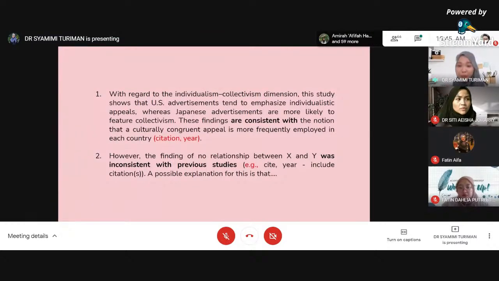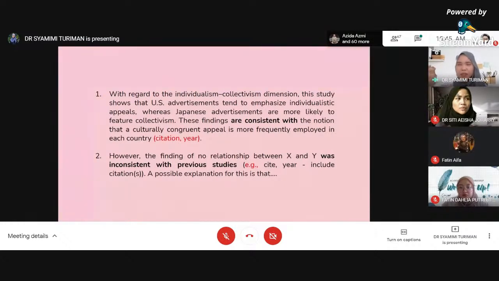And then you can put an example. For example, bring back those studies, please cite the studies, include the citations. Then if you want to include a short description, a possible explanation for this, you can include a short explanation, but don't overdo it, because you are expected to explain that further in Chapter 5 when you write up the discussion section, right? But here it's not wrong to say a possible explanation for this is that in the